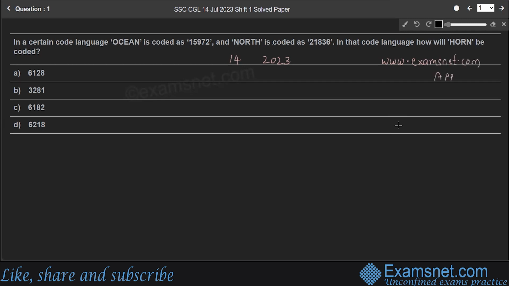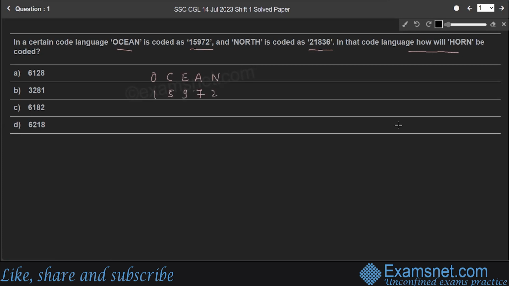Right? So we'll begin with question number 1. In a certain code language, ocean is coded as 15972 and north is coded as 21836. In that code language, how will horn be coded? Here, we'll consider ocean, O-C-E-A-N. Ocean is coded as